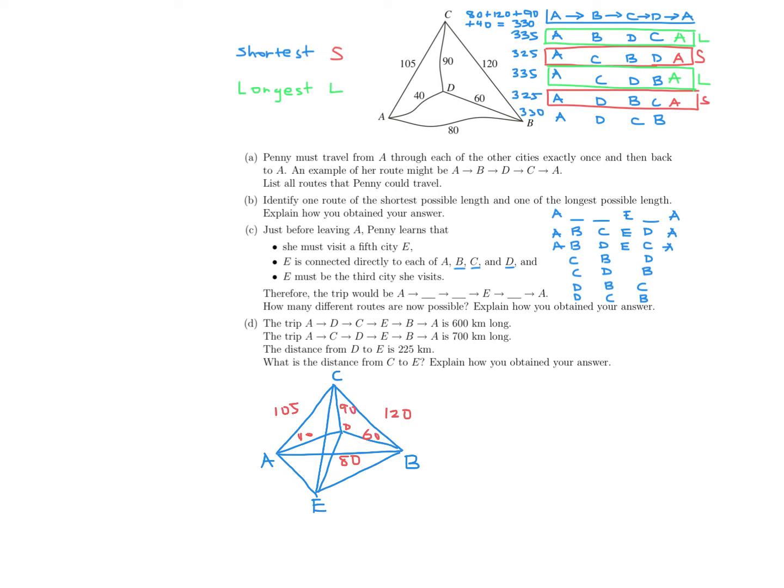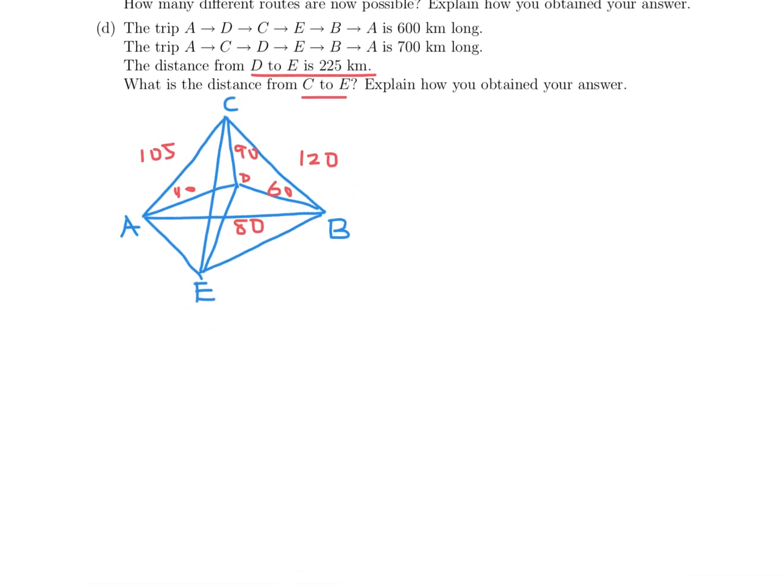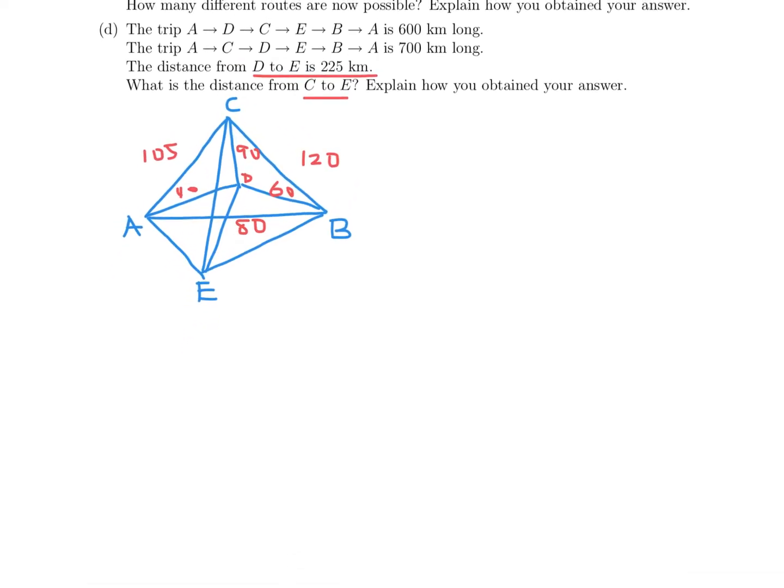And then C to E, they're saying, that's what we have to figure out. The D to E is 225. Okay. I think that's everything. Yeah, I think so. All right. So let's now figure it out. Okay. So this first trip, it's A to D to C to E to B to A, and they're saying this is 600. Okay, so this is 600. And then the next one, A to C to D to E to B to A. This one